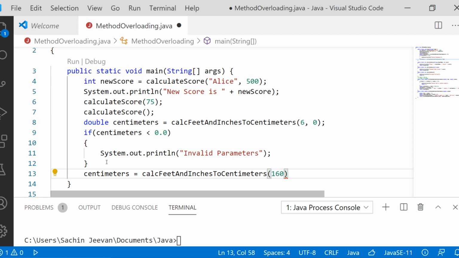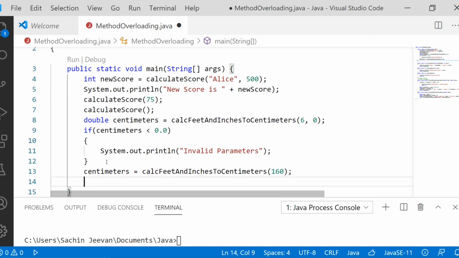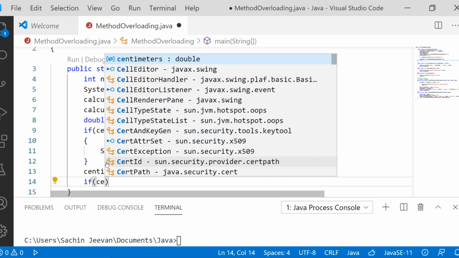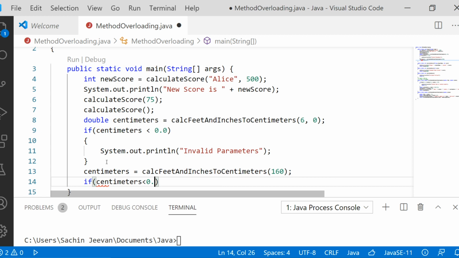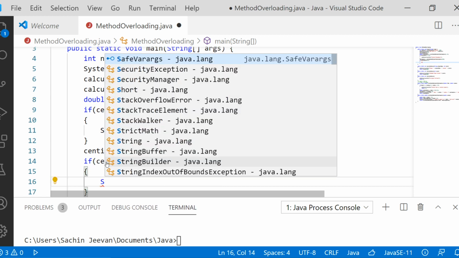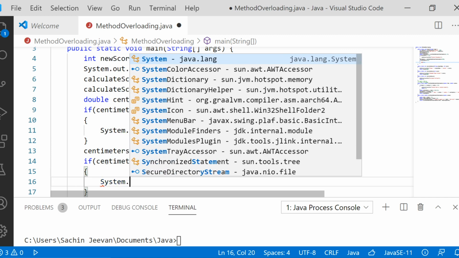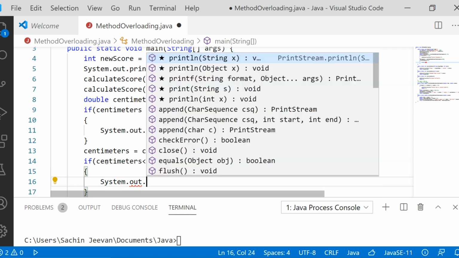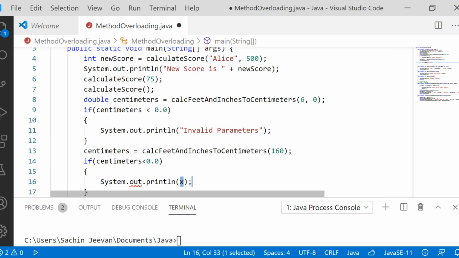Okay, so now we will check, and after that what we need to print is, if the centimeter is less than 0.0, then you can just print System.out.println invalid parameters.